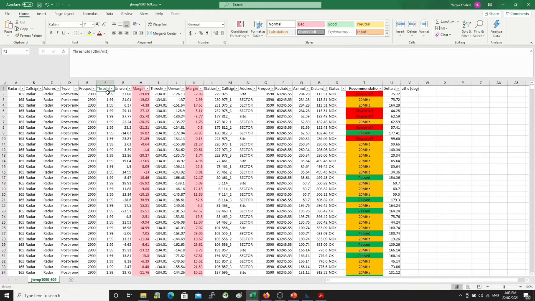This is the threshold. So the software is calculating the protection threshold, and calculating the unwanted signal, 31.8. The protection is 1.9, so you failed miserably, really. Here you are significantly above the threshold. That's why the margin. So the margin is simply this minus this. So this is the margin. You failed by 29 dB. Very, very bad situation. And here is the threshold for the noise. You can see here threshold for the out of band emissions, and here how much is out of band emissions. So again, the margin is simply